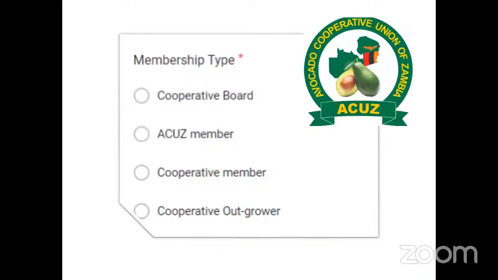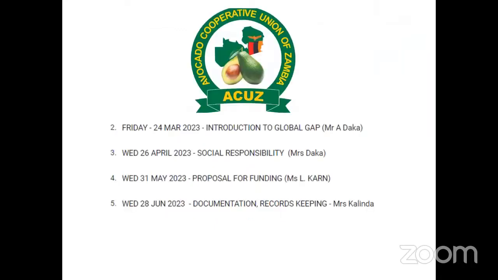Anybody who is part of ACUZ and is a cooperative member can join the ACUZ training through their chairman. We have the next sessions that are coming. We are running these sessions once a month. Now, we've done Global Gap today. The next one is on the 26th of April, Social Responsibility by Mrs. Daka. The 31st of May, we have Mrs. Khan,